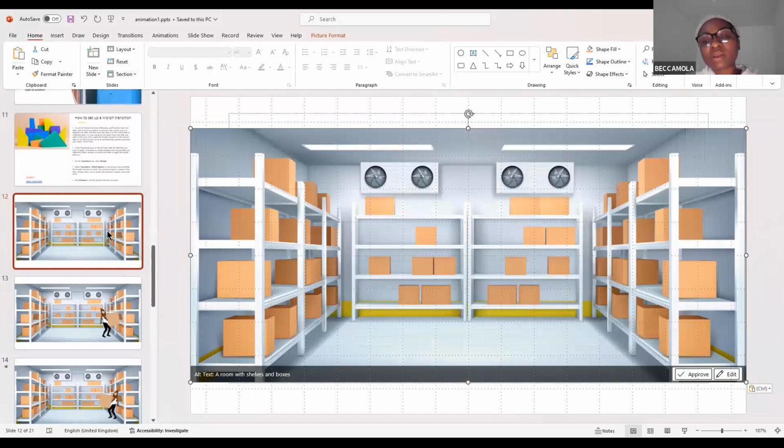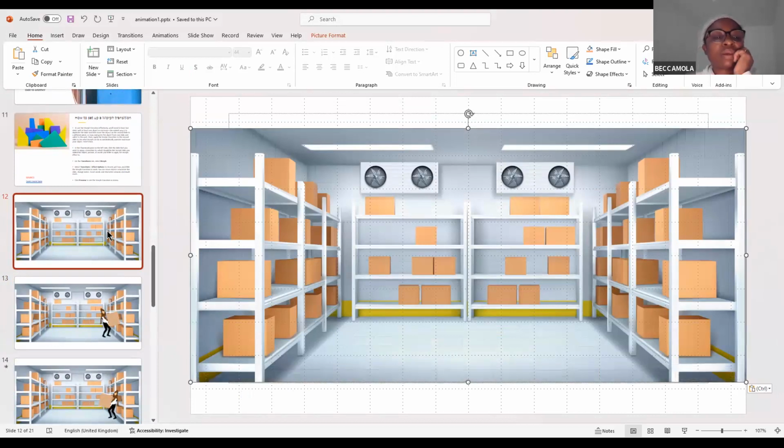This is the background that I got from, I think, Pixabay. That's one of the places you can get free pictures, free photos: Pixabay, Freepik, there are different ones. Or if you just go online on Google and put free pictures, free images, these are vector images. You always have the option of images, vector, and illustration. So I picked vector, and I explained earlier the reason I like to use vector is because it